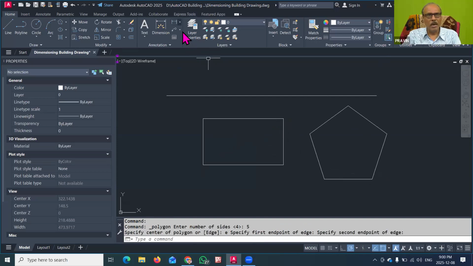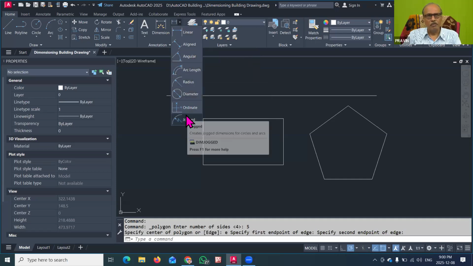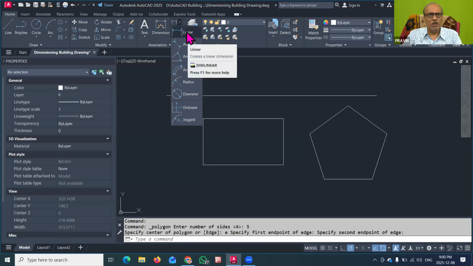We have already seen that for the dimensioning of an object there are various types of commands, that is linear dimension, align dimension, angular dimension, arc length dimension, radius, diameter, the jog dimension and ordinate. In our previous session, we saw all about how these dimension commands can be used.